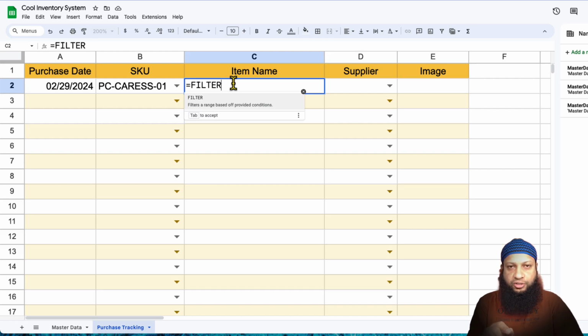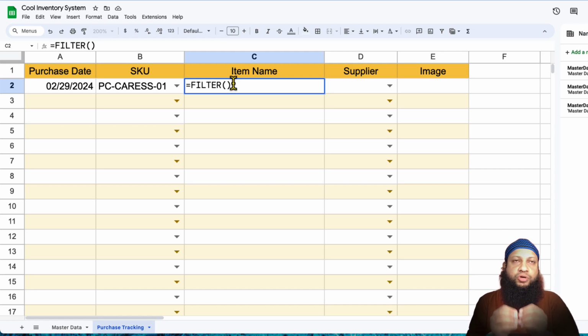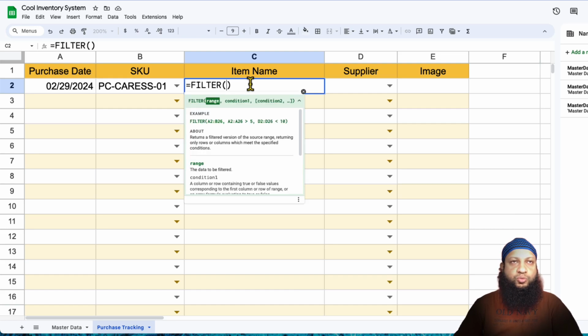So this filter function or filter method is nothing but some instruction to this cell. If you know programming, you know any method, any function, it will start with something and then open and close with parentheses. So that means it's a method. It's an actionable instruction for the tool. So here we have this filter, first open parentheses and close parentheses, but within this is where we have to define what we want to filter. So we're saying filter